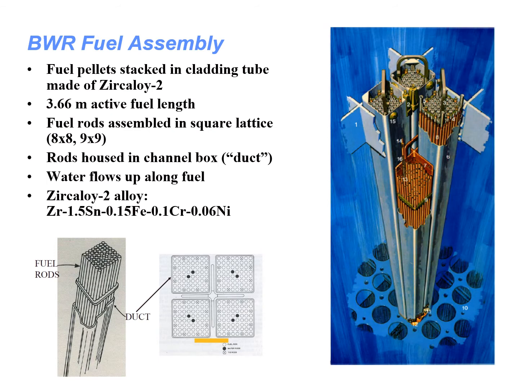The boiling water fuel assembly is shown here. The fuel pellets are stacked in cladding tubes made of zircaloy, which is a zirconium-based alloy. These fuel rods are on the order of 3.5 meters. They're put into square lattices, either 8x8 or 9x9. And the water flows up along the fuel,